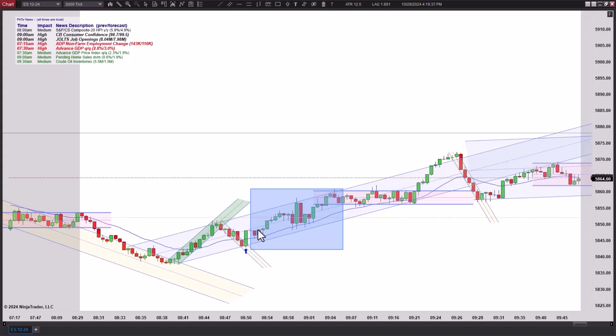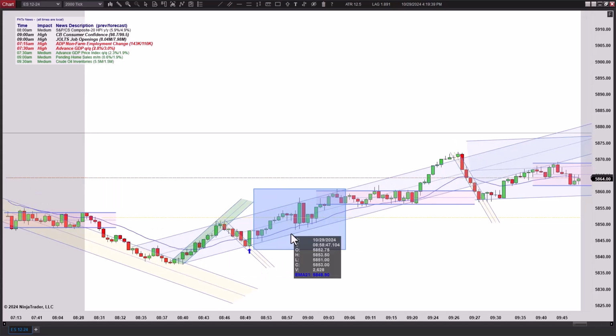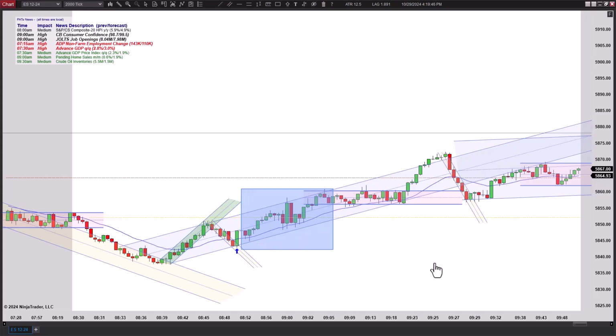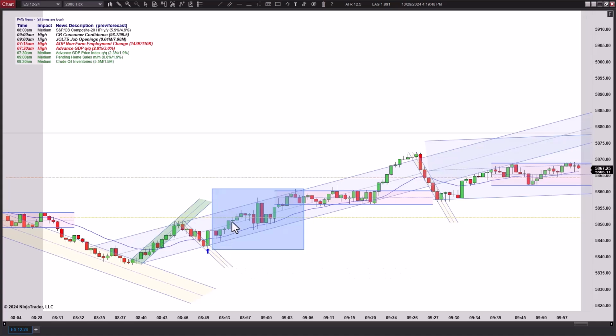But that bar is at 8:53, so it's just a few minutes before 9. So I think you have to sit tight on that one. And then you can see the news. Not much happening there. We do push higher. Then